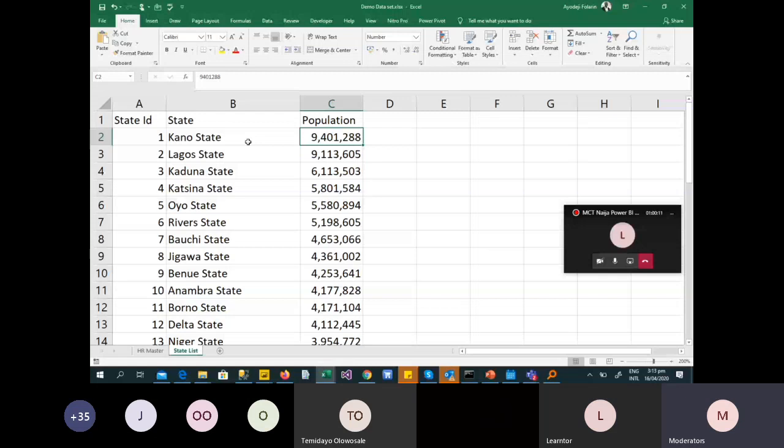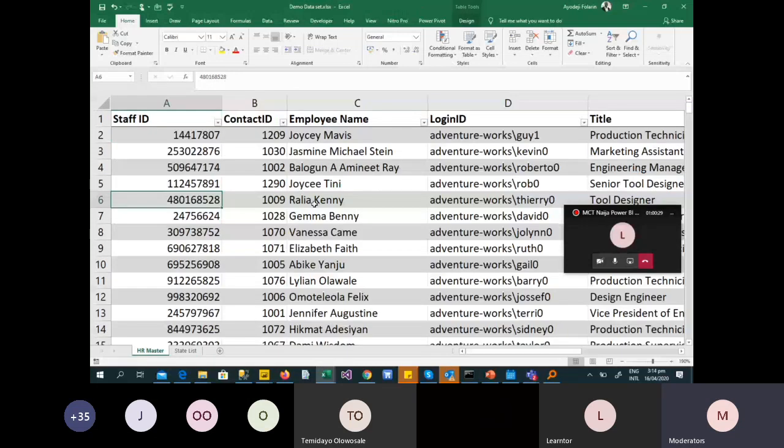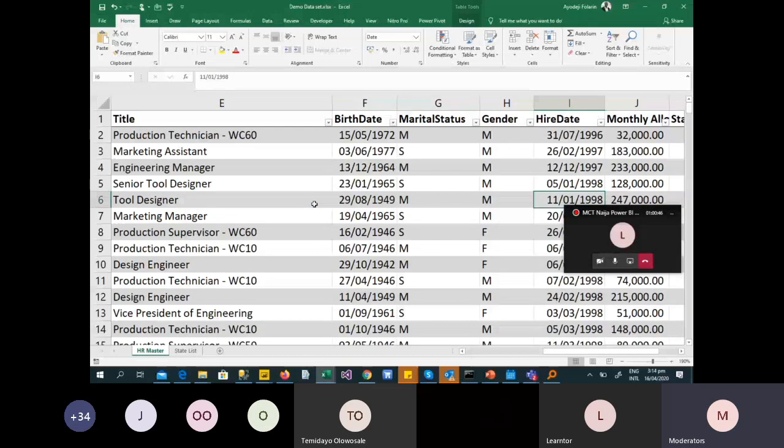I'm to do a presentation, address the management, what are the things that are key for the management to see in my data sets? Based on this data set, I might decide to let them know how many male, how many female do you have in the company? Do you have a gender balance, or are they mostly male? From what I can see on the screen here, I can see so many males, but this is not guesswork. We have to analyze and tell how many male do we have in the organization, how many of our staff are married, how many of them are